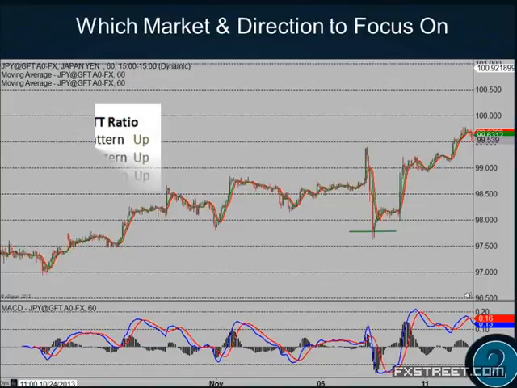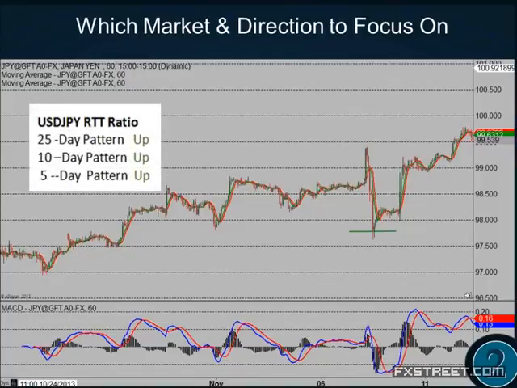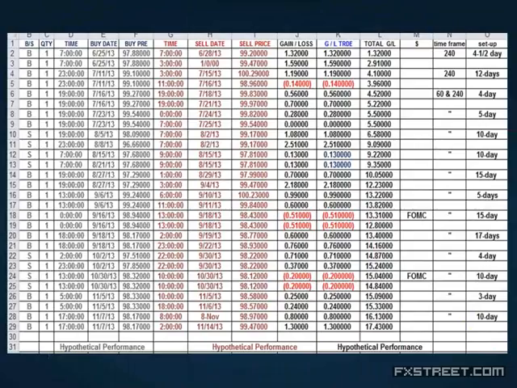So the ratios are everything for us. You always want to know what that ratio is, because you need to know that big picture. Because the goal is one of these, okay? That's our goal, to have a benchmark spreadsheet that looks something like that. Now, keep in mind, these are hypothetical results. This is actually a 4-hour chart. The 4-hour chart goes back for us in ETH 6 months. So this is 6 months worth of data. It's a 4-hour test.